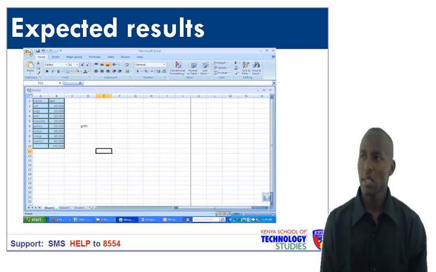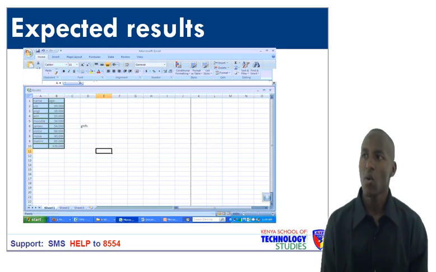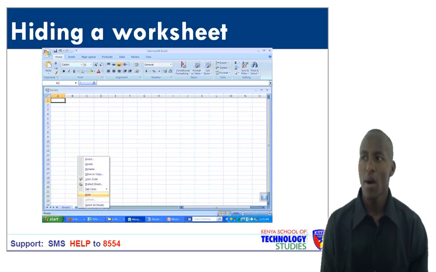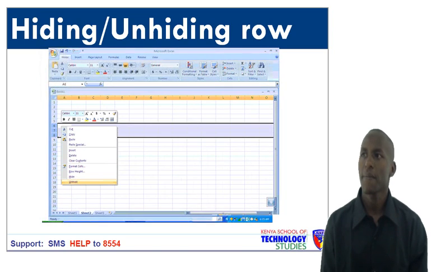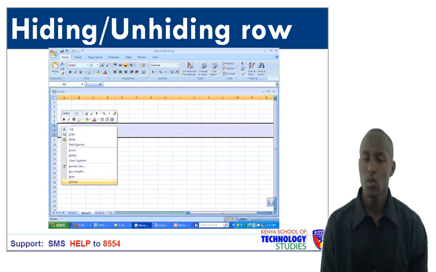Expected result. Now let us assume you have formatted your text in a case whereby you have also increased the decimals in your text, especially in that column for age. That is how actually your text will appear. Now hiding a worksheet. When you want to hide a worksheet, just right click it and then click hide, as it is well indicated there. In case you want to unhide either rows or sheet, you need only to highlight the section of rows, and then you right click and then click